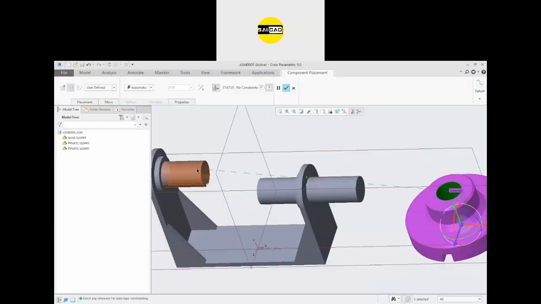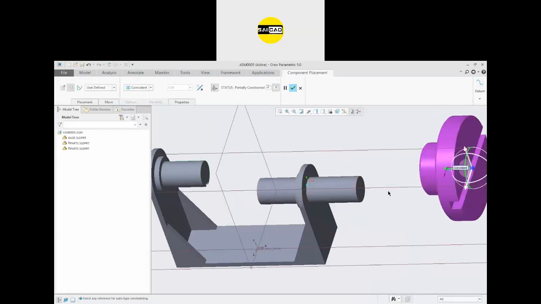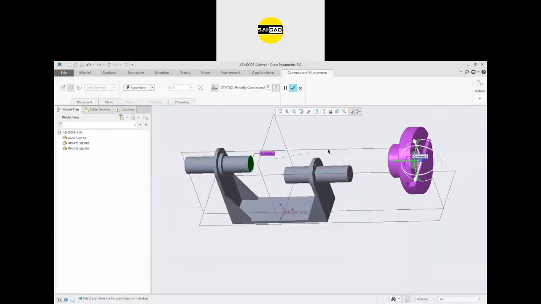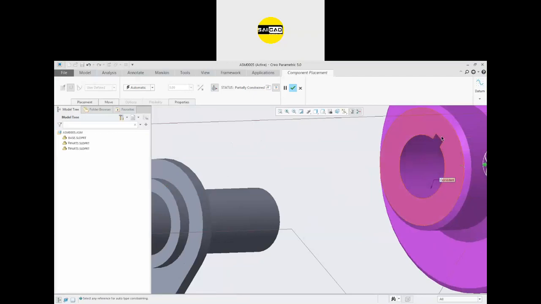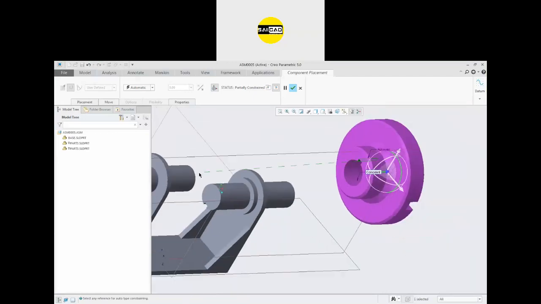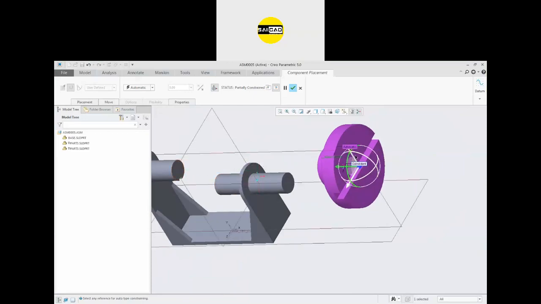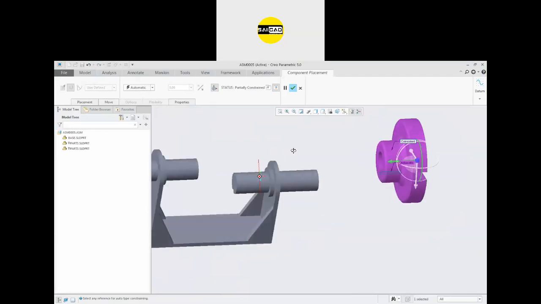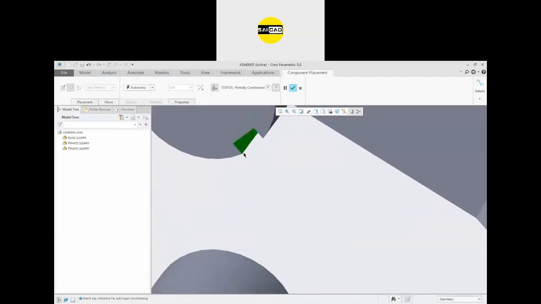So now import the next part, that is this one. Just make the component fixed like that and use the relation. I need to define that this face should be connected to this face.